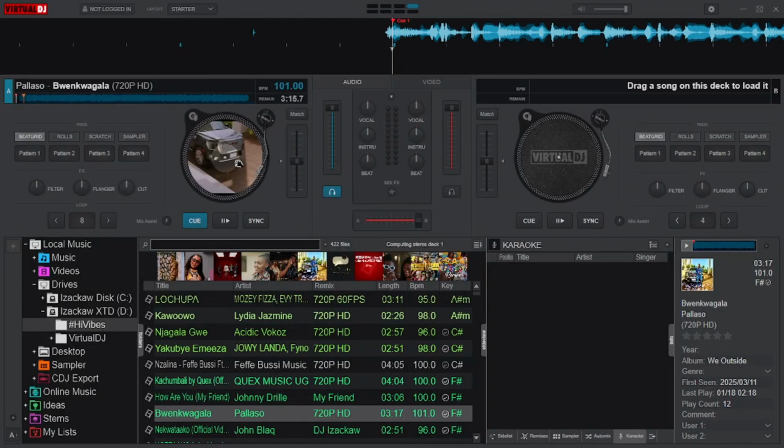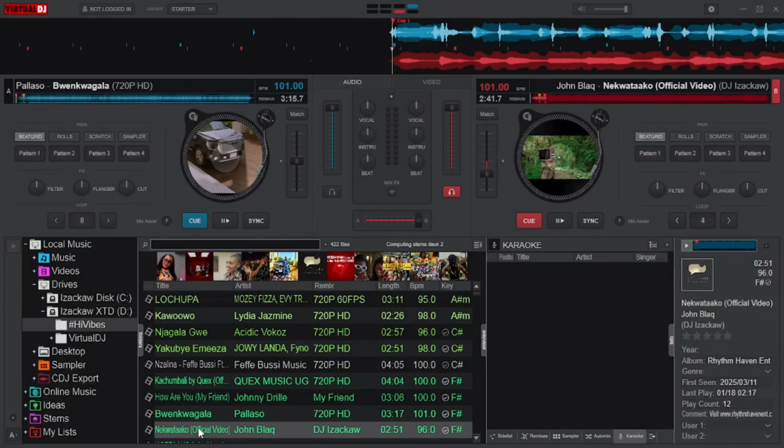Then the second method, you first select the deck. Then you navigate to the song and double click. The song will automatically be loaded to the deck you have selected. Those are the 2 methods people rarely use. And the most common one is where you come and drag the song and drop it to the deck you want